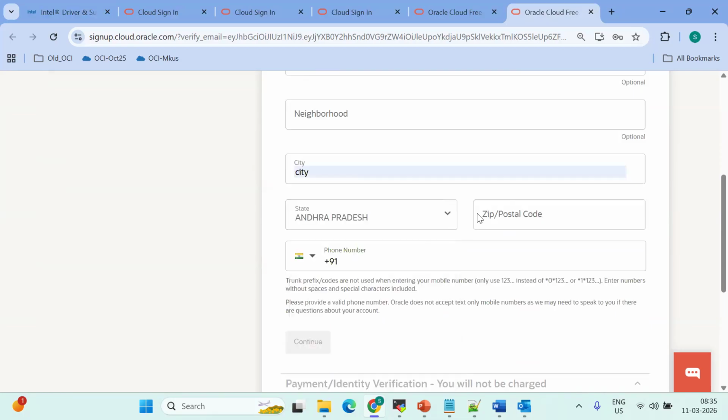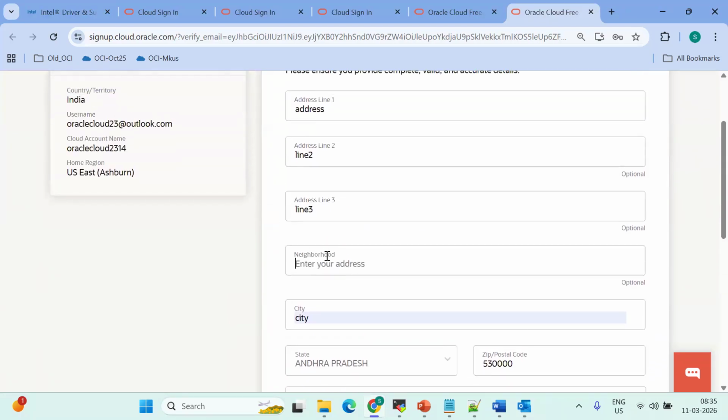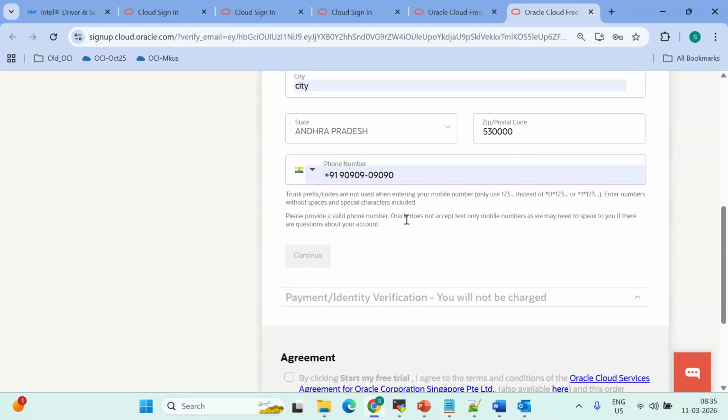So let's say once you fill in all these details, then you will see the continue option. Not sure why it is. Yeah. So you'll see the continue option. So once you click on continue,